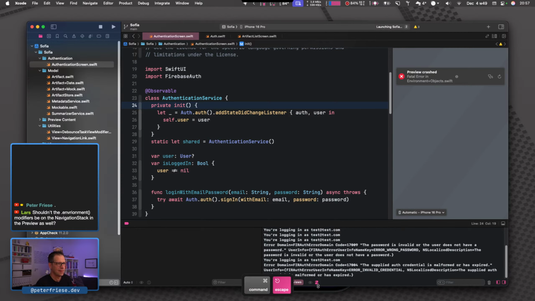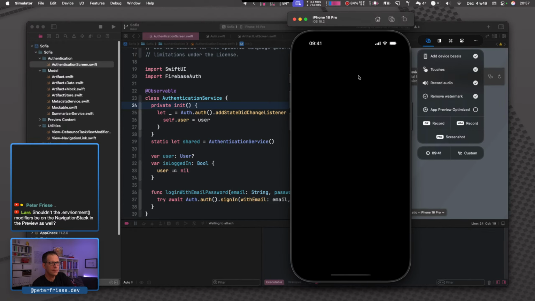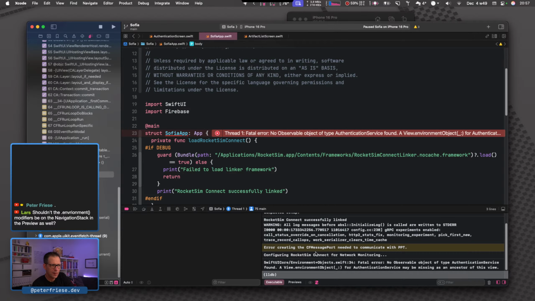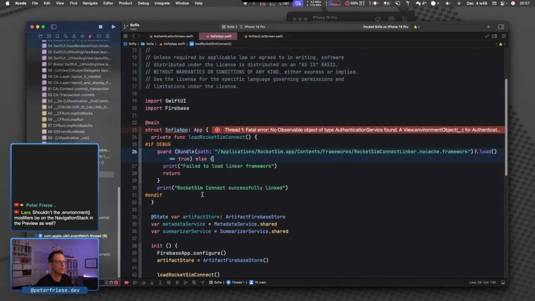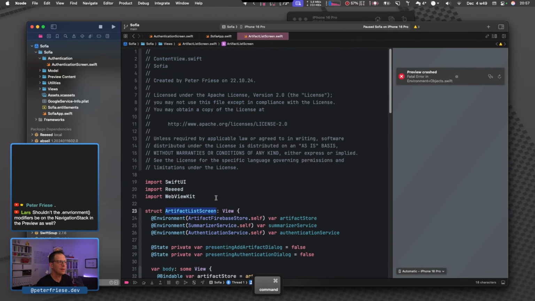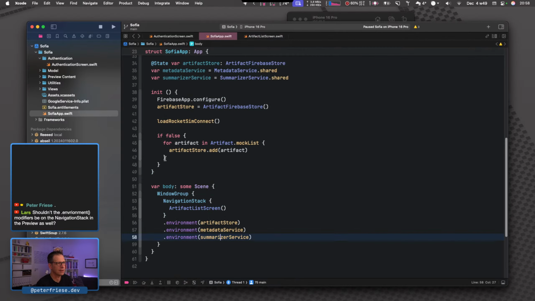So let's grab our simulator. And okay, so there are a bunch of problems here, or maybe just one. So there is no authentication service, and that probably was the problem. So yeah, here in the artifact list screen, we expect to have an authentication service, but we're never injecting this.